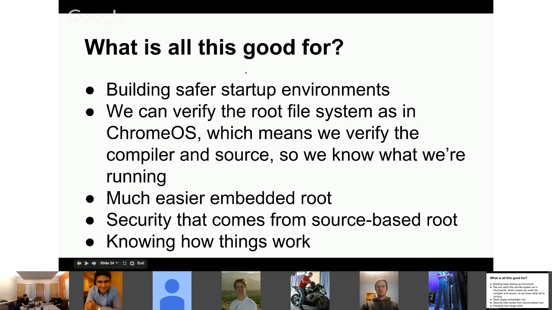So what is this good for? We've kind of got an interest where I am in building safer startup environments, and I think the easiest way to translate that is things that aren't written in C. There are some security people who are very interested in this mostly source-based root file system because there's a certain level of verification they can do when they come up, and we can also make it very compact because most of it is source. We can actually jam this thing in a firmware, say in a Chromebook, and because it's so small, we can really have a very long key when we verify it.